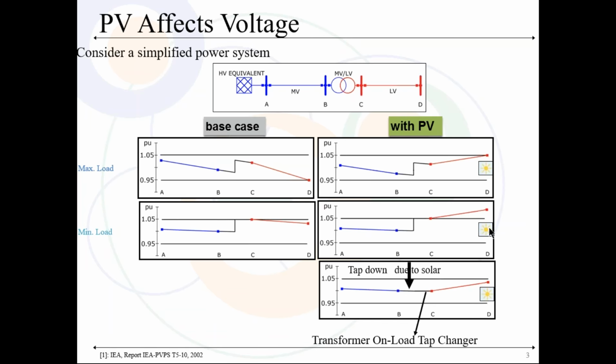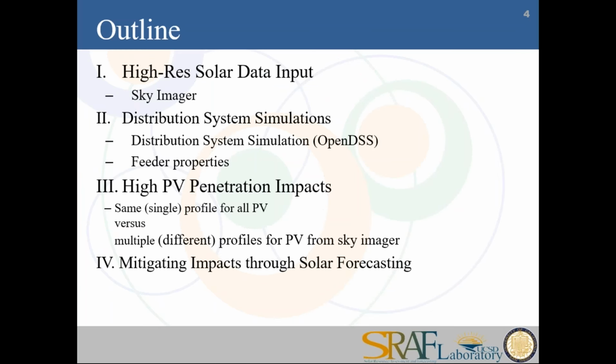So I'll be studying how often and how much these transformers have to step up and down as the solar power is changing. That's really the key word here, changing. If we just had the people consuming load, that's a fairly smooth signal, so you don't need much adjustments during the day. But if you had a lot of PV and clouds moving in and out of the feeder, which is not a very large area, typically on the order of 10 to 100 square kilometers, then actually these voltages will jump around a lot more, and these regulators have to work harder to keep the voltage within these bounds. So that's motivation.